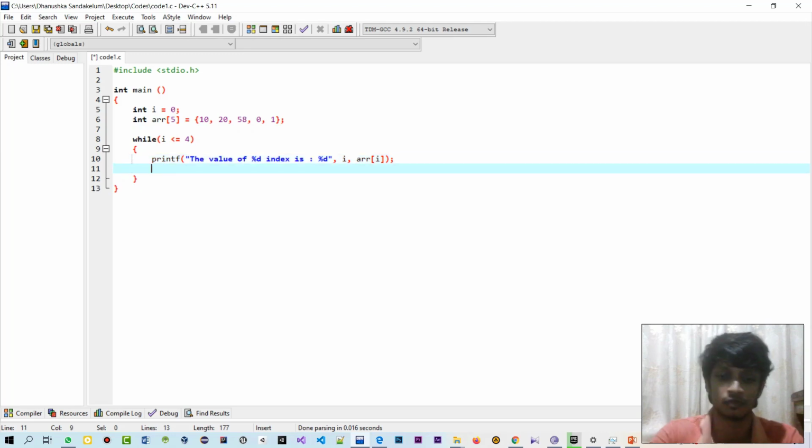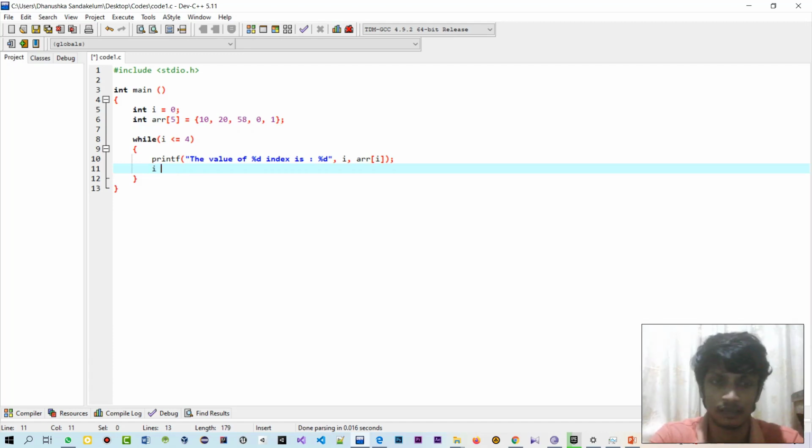So now we should increment our i in order to make that loop happen for a limited number of rounds. Otherwise this will be an infinite loop because the condition is always true, and the loop won't stop. We don't want an infinite loop here, so I just increment the i. You can write this in several ways.